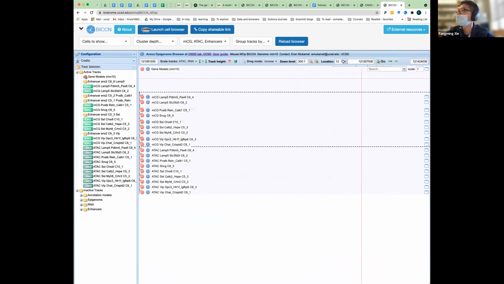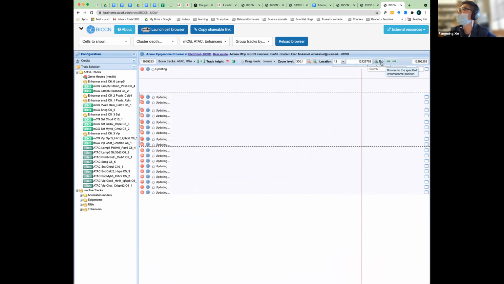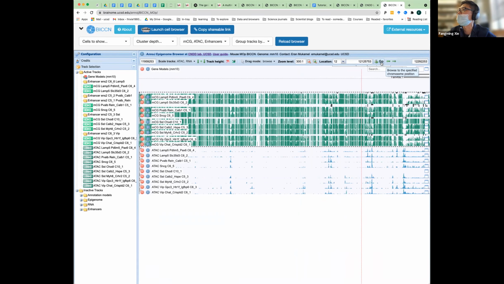That's probably because chromosome 12 doesn't have that many base pairs. That's my hypothesis. Let's remove one, go. Okay, now we're fine. Now we see some profile right at this location, chromosome 12, this much coordinate. That's one way of navigating through the genomic location.